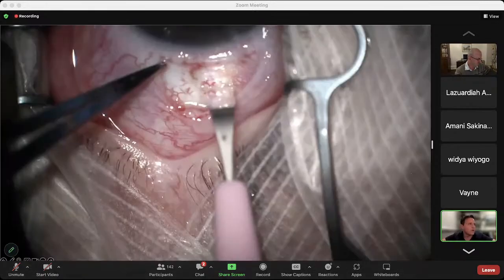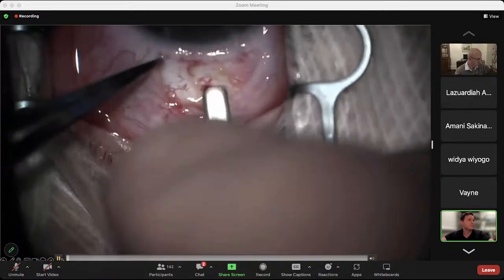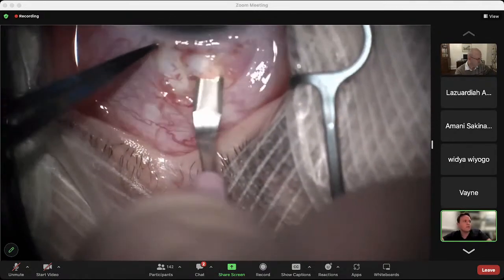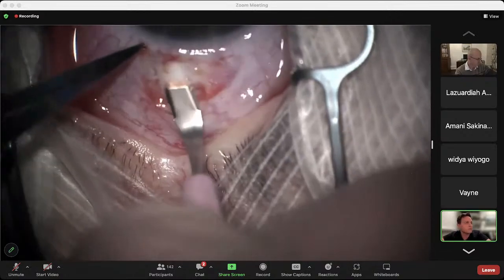So I typically perform trabeculotomies using a temporal wound. I don't want to touch the superior conjunctiva. Again, thinking about what the next operation is going to be, I prefer to leave the superior conjunctiva alone. And so for that reason, I don't do combined trabeculectomy, trabeculotomy. So make a little scleral flap, and